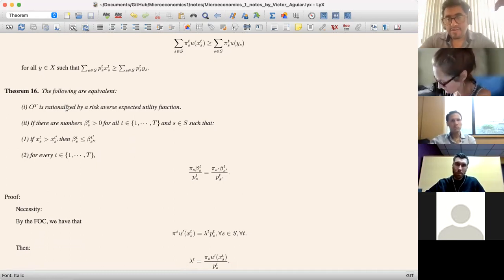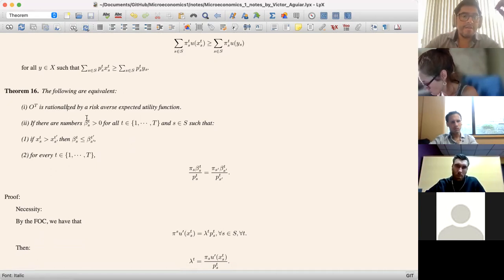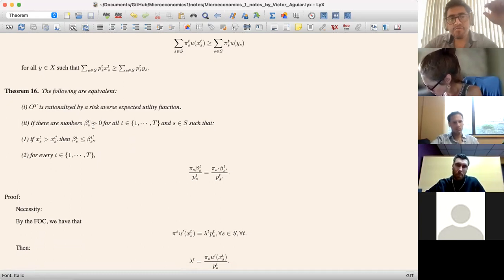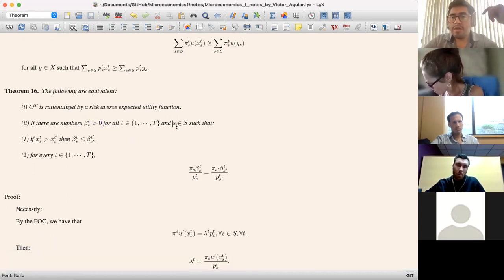This is an Afriat-like theorem. First statement: the data O^T is rationalized in the expected utility sense by a risk-averse expected utility function, so a concave Bernoulli utility function. Now, second statement: there are numbers, basically β_s^t, positive, for all observations and for all the states of the world, such that